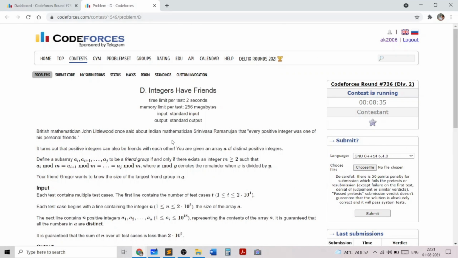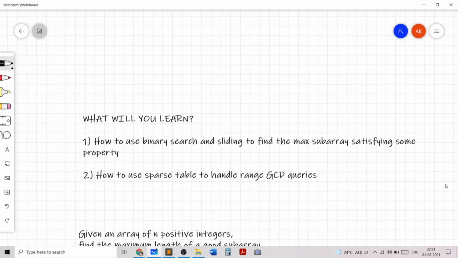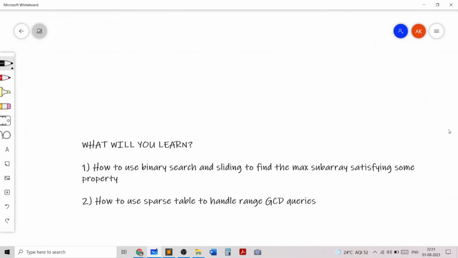In this problem also we'll have something new to learn, and it combines two very powerful techniques. So we'll learn from this problem how to combine two powerful techniques. The first technique is binary search and sliding window, and the second technique is sparse table.